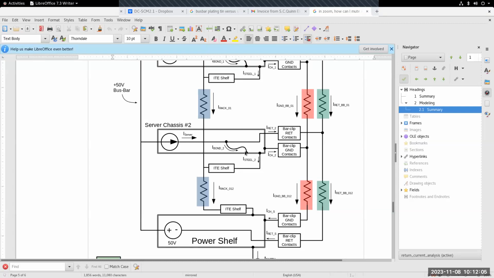Those parasitic paths are the ones I'm concerned about in terms of their current handling capability, and it doesn't seem as though this has really been analyzed or considered carefully.